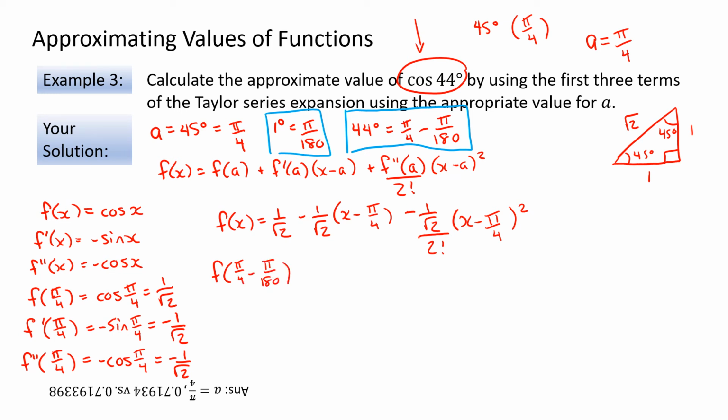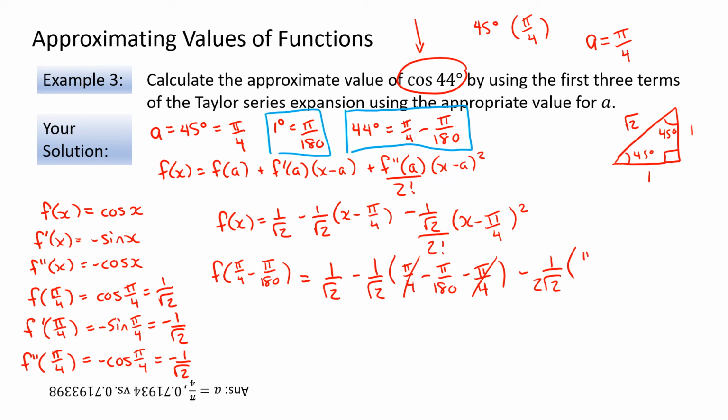Okay. It's equal to 1 over root 2 minus 1 over root 2 times x is pi by 4 minus the 1 degree, pi by 180, and then minus a, which is pi by 4. Okay, you're going to see that with the proper selection of a, we can cancel out those pi by 4s. Then our last term is minus. This becomes 1 over 2 root 2. Okay, that's just simplifying 1 over root 2 divided by 2 factorial,